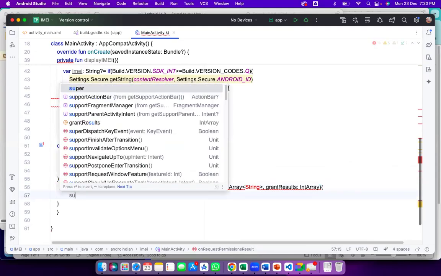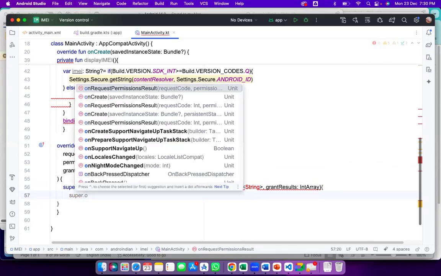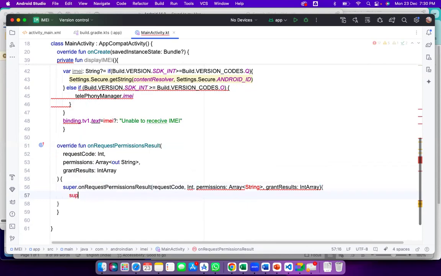Super dot on. Okay, super dot on is created already. Oh, we've written it in a wrong position. Sorry, that method is already created, we've written it in a wrong place. Right. So this is super dot on request permissions result, it is created. Now here we have to write if